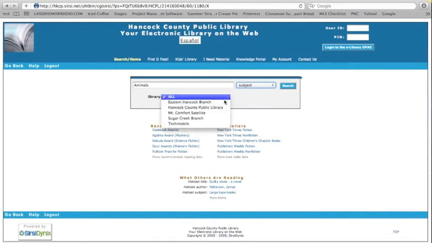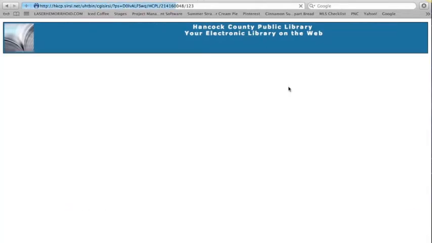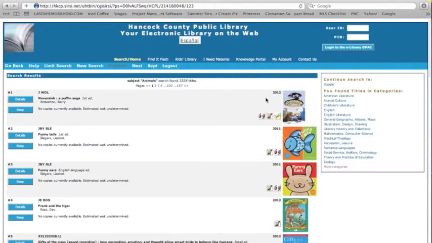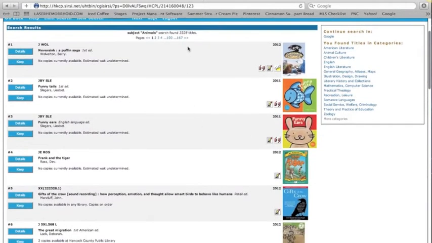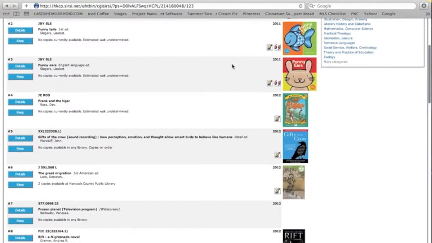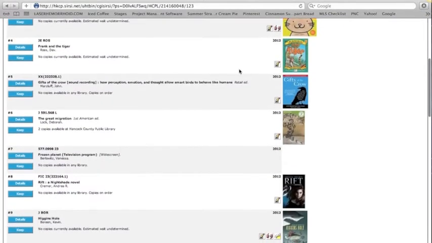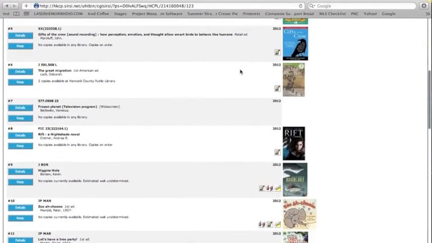If you would like to use a specific library, you can do that. Since this is going to be mainly a tutorial of the Hancock County Public Library, I'll just go ahead and choose that one. Go ahead and click on search. Here it will bring up many different books. Look, it's 3,328 titles of books about some kind of animal,